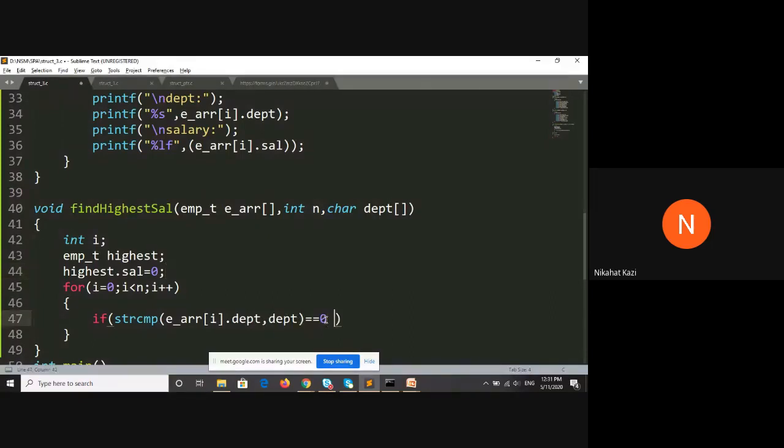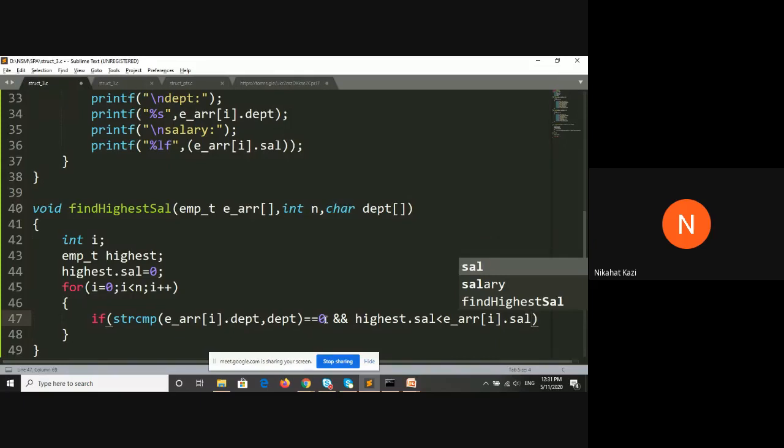So if the current employee's record department matches the department to be searched, and in addition to this, if the current highest employee salary is less than the current employee's salary, that means the current employee salary exceeds the currently stored salary, then you need to swap.